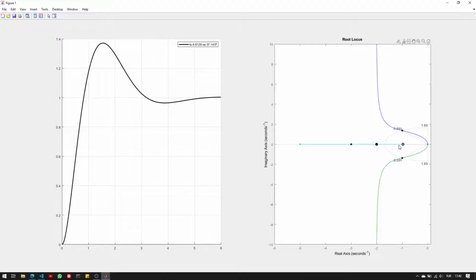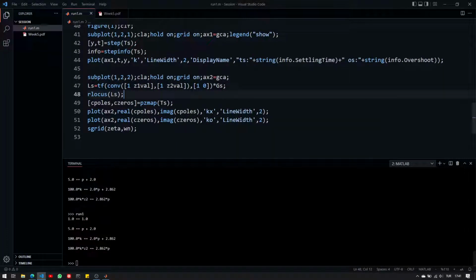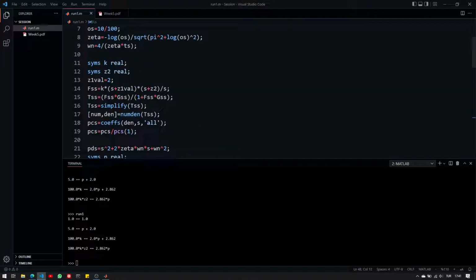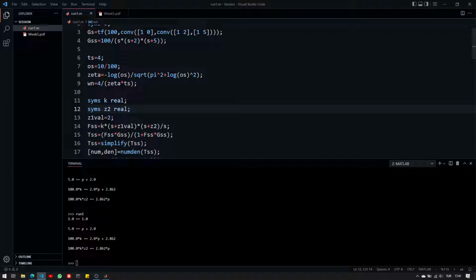So I cannot directly conclude that this is the limitation of the controller because I fixed one of the zeros at this exact point here. That was my choice. So I cannot blame the controller itself if I'm choosing the fixed part here and if it's not a good choice. So one idea would be to maybe repeat this for z2 equals 5 or z1 equals 5, exactly. So yeah, let's